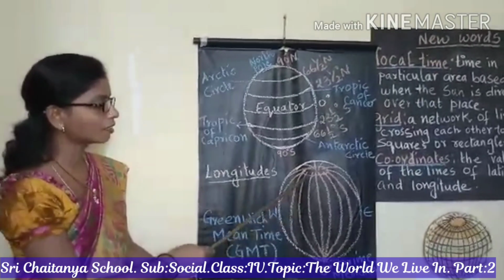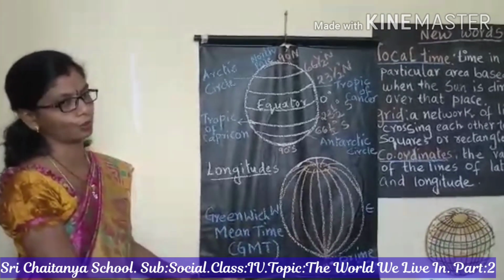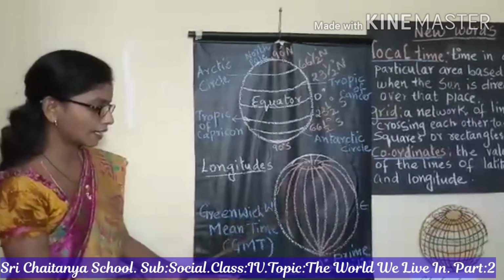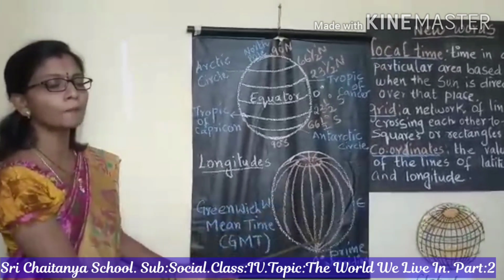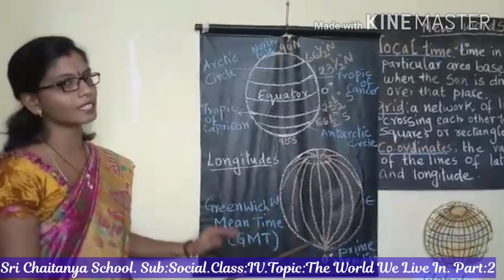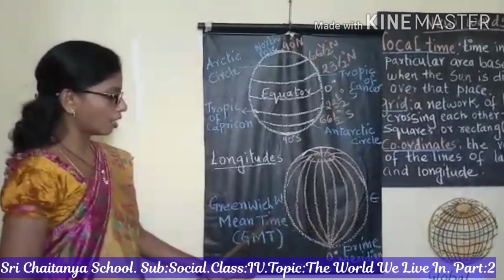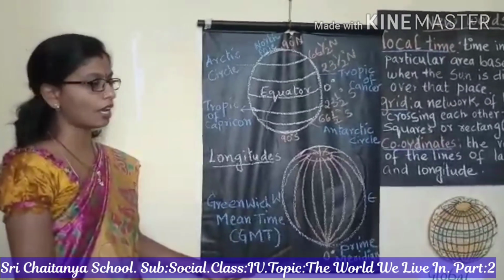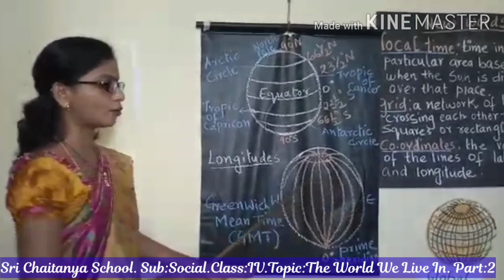Now coming to the longitudes. The longitudes are the vertical lines running from the north to south, from the north pole to south pole. These are the vertical lines, and these lines are of the same length, but the distance between each and every longitude is not the same as it is in the latitudes. And these longitudes are 360 in number. How many, children? 360. And these longitudes help us to mark the distance east and west of the